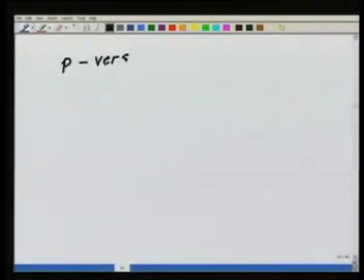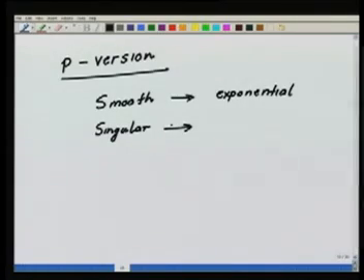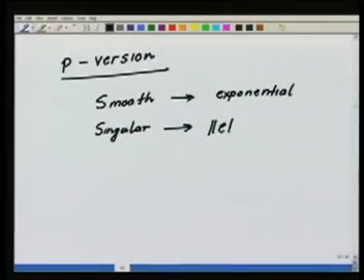In the p version, when the solution is smooth, that is, I don't have these singular points, etc., then I get an exponential rate of convergence. When it is singular, what we mean by the p version is that I fix the mesh and I raise the order of approximation. Then you will see that the error goes as n to the power of